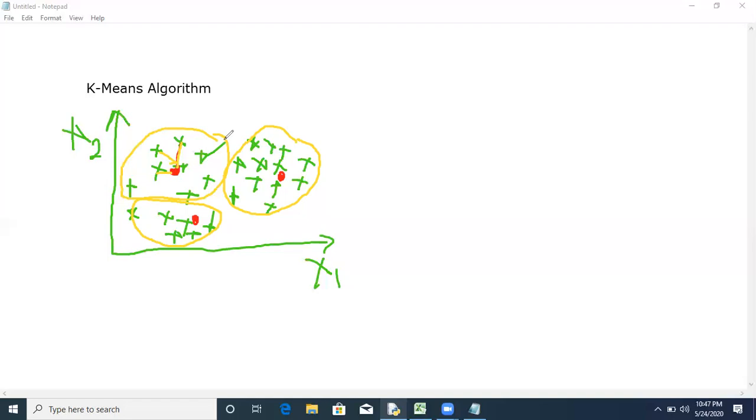So for that purpose, we will again take the average of all these points and find the new centroid. That centroid may be somewhere here. By taking the average of all these points, similarly by taking the average of all these points, we will find the new centroid, and the average point is, suppose, here.